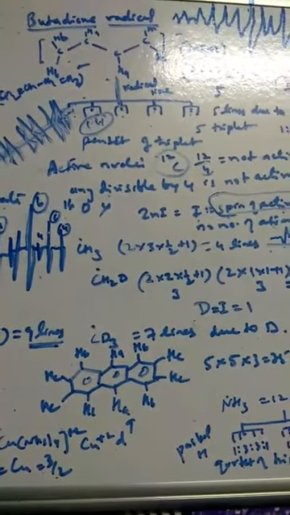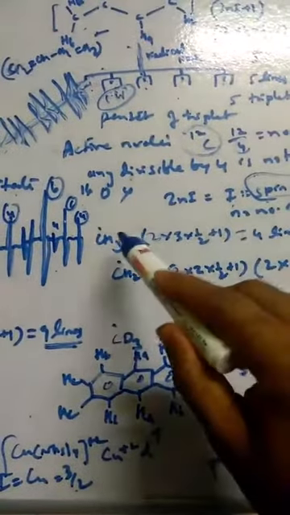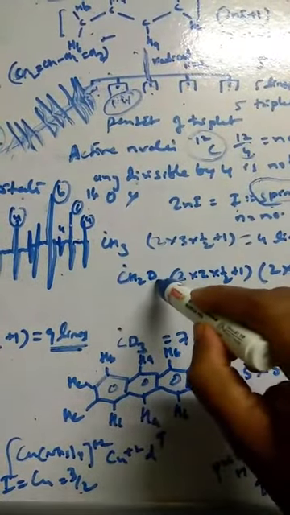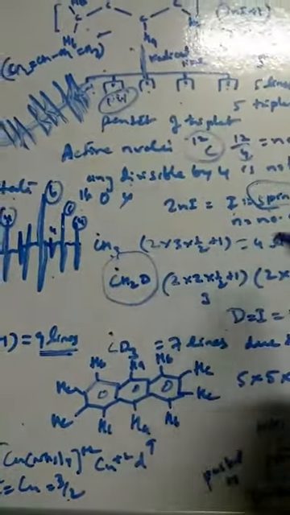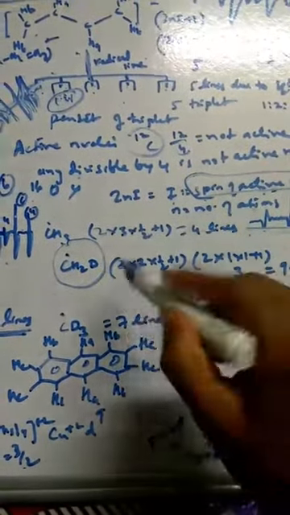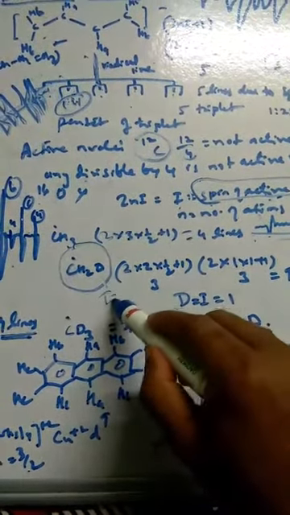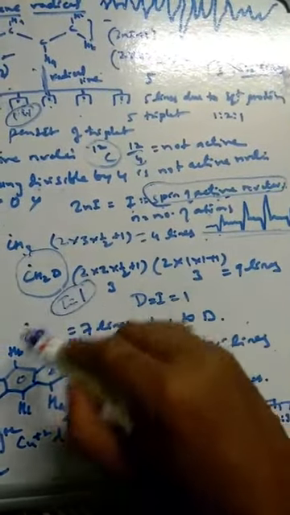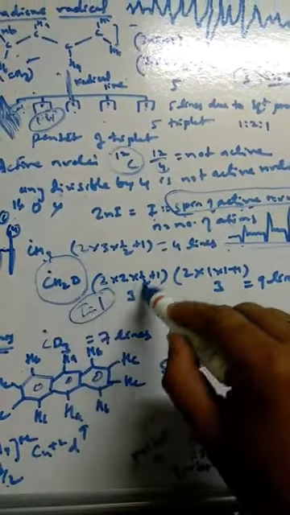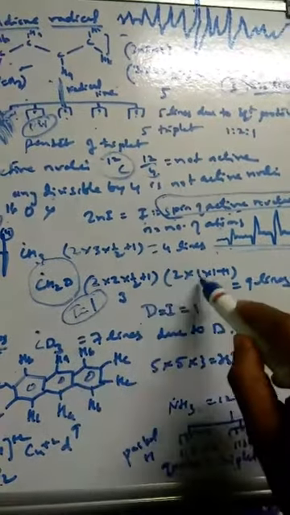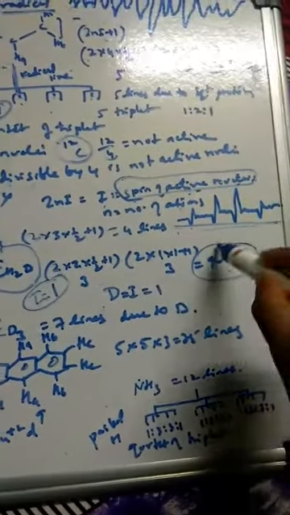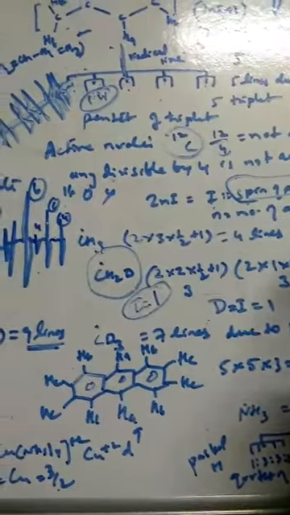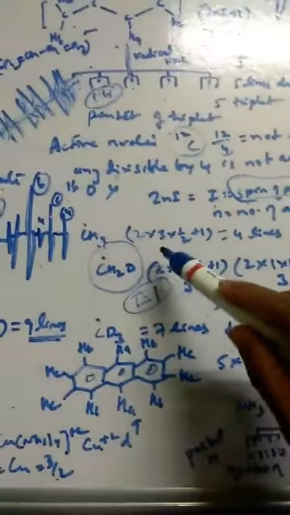Similarly now deuterium. Now if I substitute one of the hydrogens of methyl with deuterium, CH2D radical, what can we show here? You should know that deuterium has I value 1, like nitrogen. Two hydrogens: 2 into 2 into half plus 1, that is 3. Deuterium is 1, so 2 into 1 into 1 plus 1, that's 3. 3 times 3 is 9. So CH2D is going to show 9 lines.